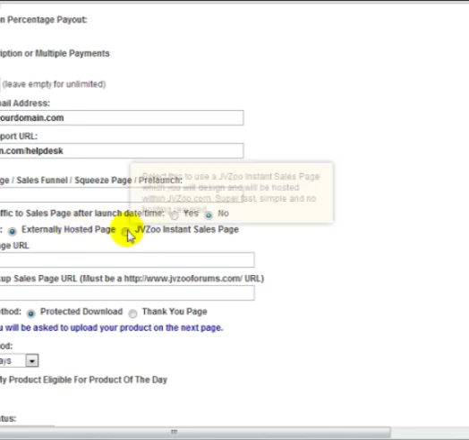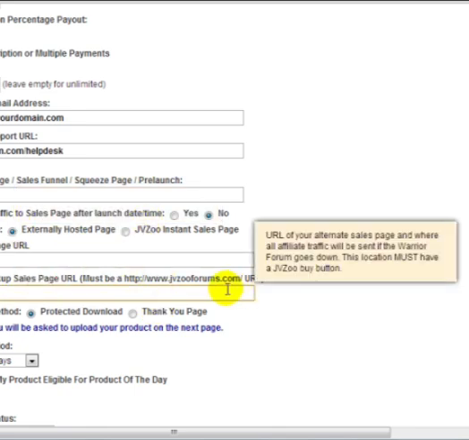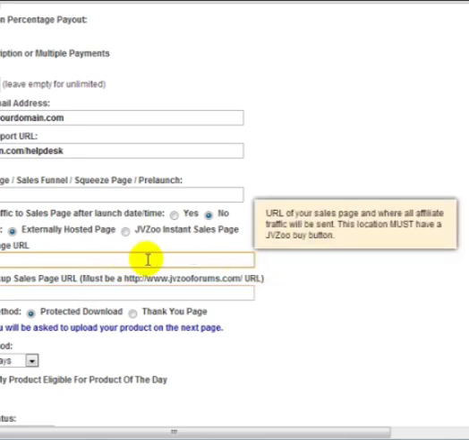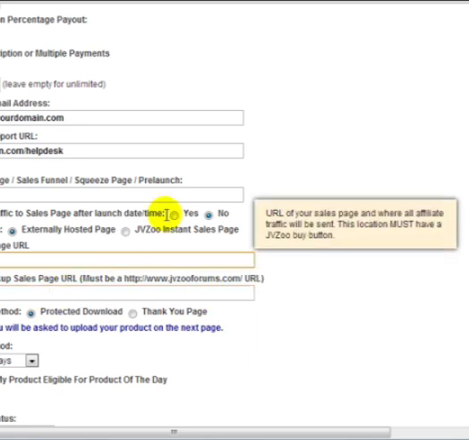And remember, for the sales page, if your sales page is on the warriorforum.com, then you can enter this here in a backup URL here. So if the warriorforum.com is your sales page URL, enter that here, and then the backups here. But if you're like me, where you're not using the Warrior Forum, simply enter the sales page URL here. So in this case,